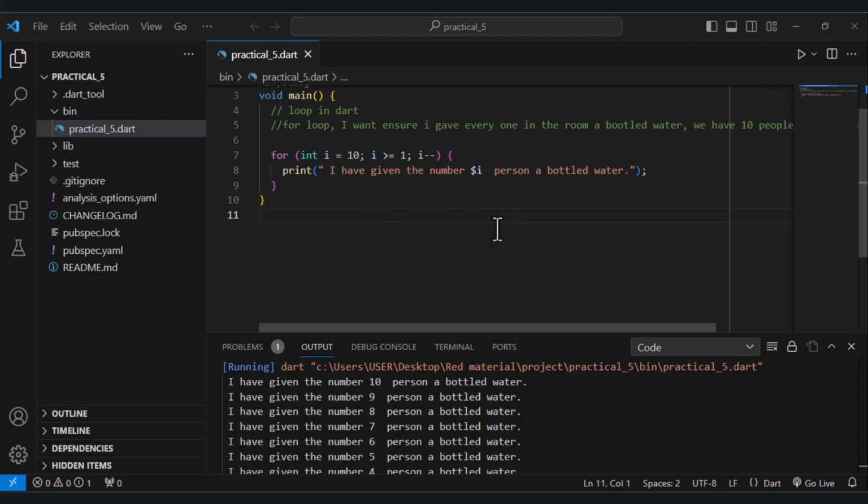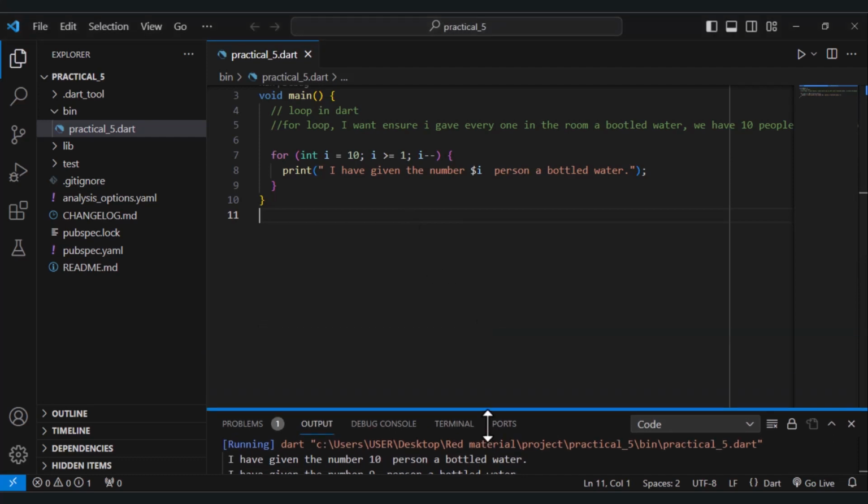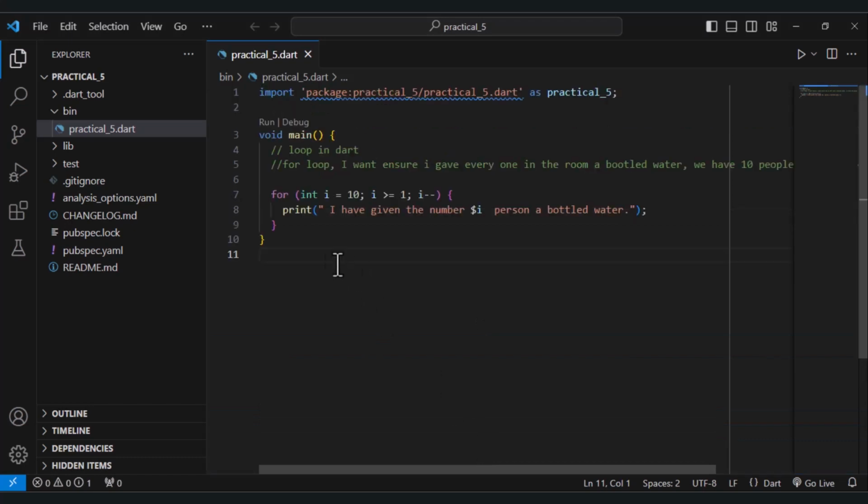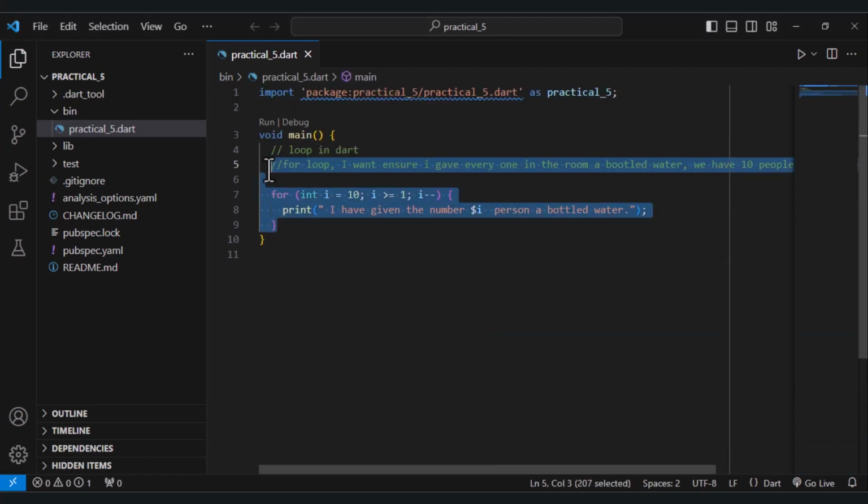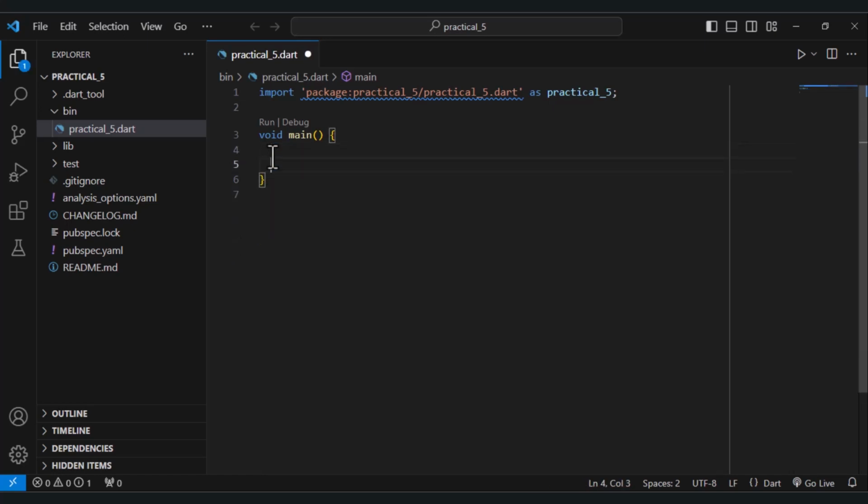Today we'll be treating or talking about nested loop, nested for loop. That's what we'll be discussing today. So we're going to remove this line of code because it is no longer needed. So now